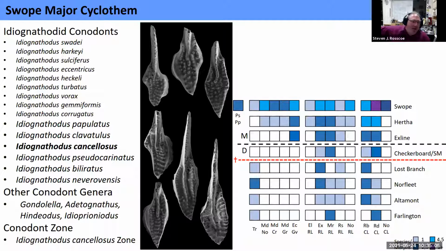And then we see kind of the terrible three, Idianthodus pseudocarinatus, biliratus, and neveravensis. These are my three parapetid forms. These conodonts develop really high marginal ridges, yet they remain relatively flat platformed, despite the fact that they kind of elongate their medial carina or have a pseudo carina by having two eccentric grooves. These forms come in like a storm, just appear out of nowhere, and then they're going to stick around just for a little bit and go right away. So this is kind of our peak Idianthodid diversification. And then on our next slide,